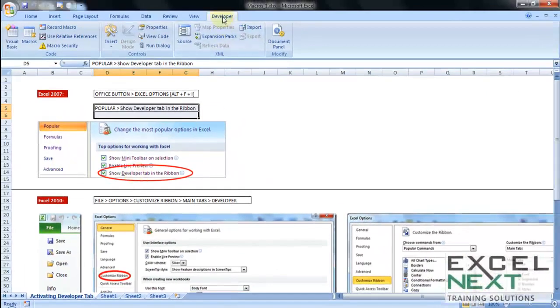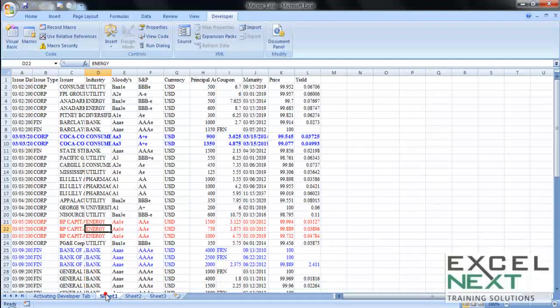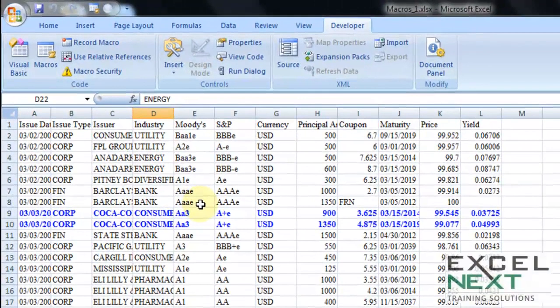And after having activated Developer, we'll be taking the help of these buttons out here. One is saying Record Macro, the other says Macros. So you can access all the macros that you have stored in that particular file. And let me illustrate that point using an example in Sheet 1. Now what are macros? We'll discuss, but before that I want to show you the demonstration, the application at a very basic level. Let's see.